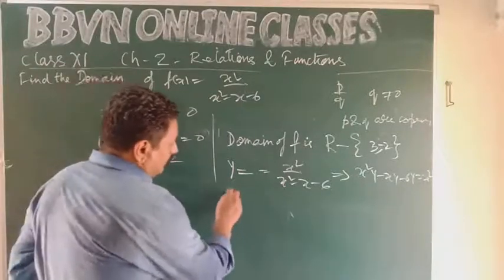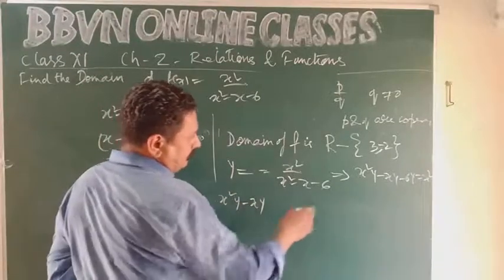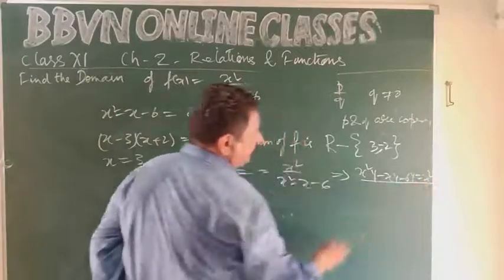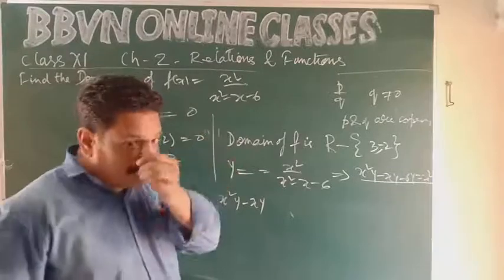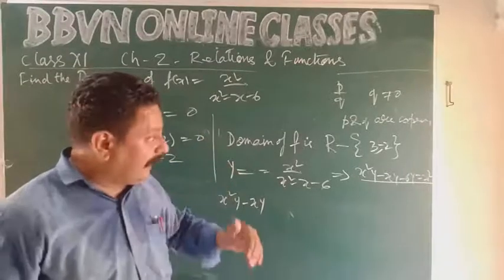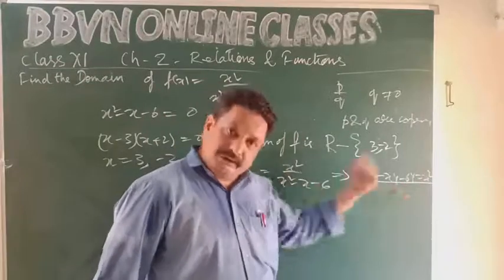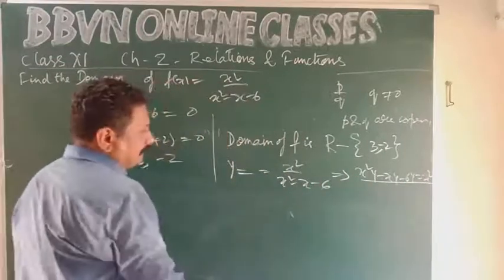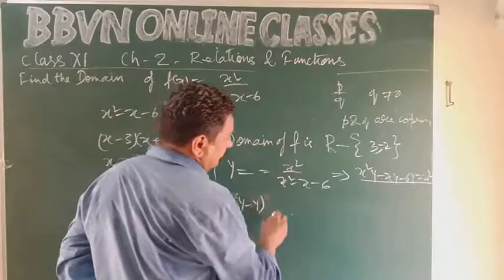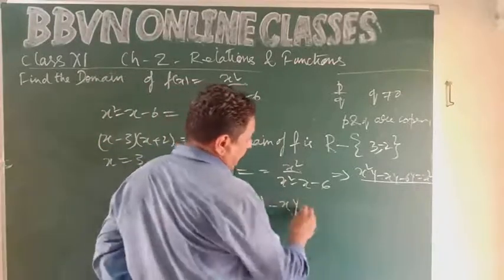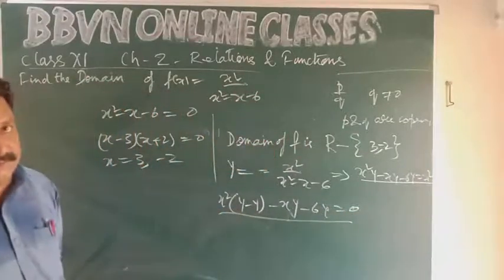तो x स्क्वायर y माइनस एक्स वाई, x in terms of y. So I can take, see, the function is y in terms of x. We have to mention it as x in terms of y. So how will we express? इसको क्वाड्रेटिक बना दो. x स्क्वायर टेकन कॉमन y माइनस 1 माइनस एक्स वाई माइनस 6y इक्वल टू 0. This is a quadratic expression of x.